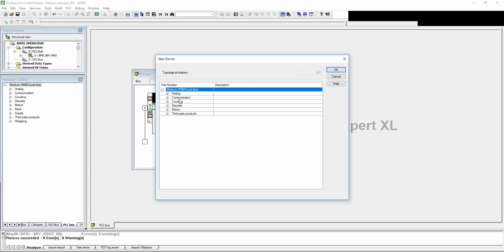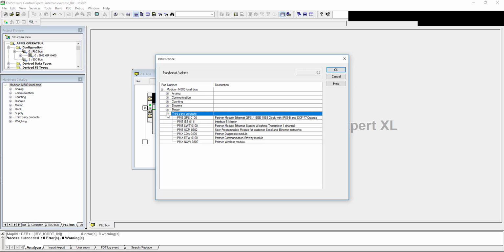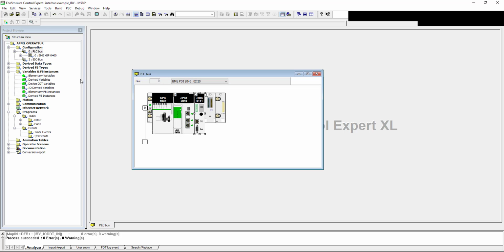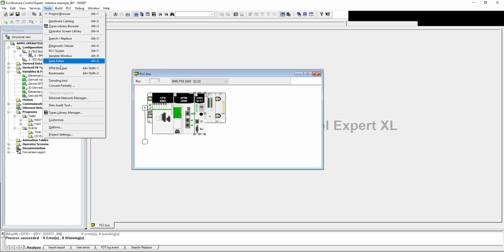So we double-click to select a new device, and then we just select third-party products because this is from Niobrara Research and Development, not Schneider per se. We select the PMEIBS 0111, and that installs the hardware. The next thing we need to do is install the DTM. And so if we go to our DTM browser,